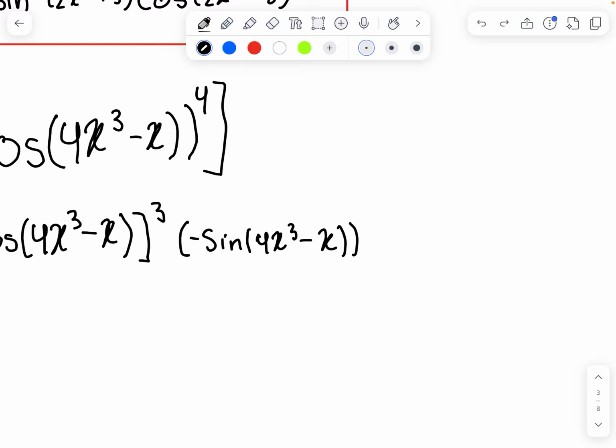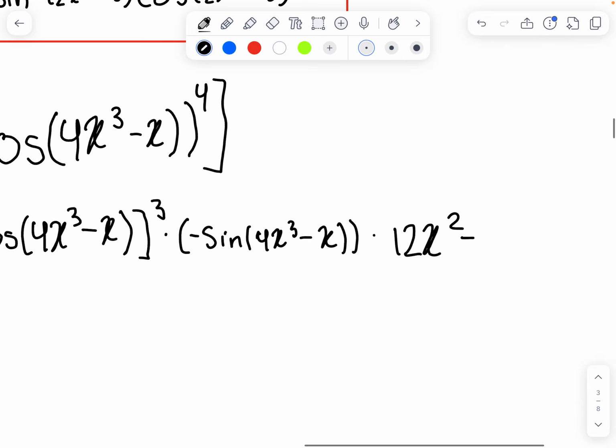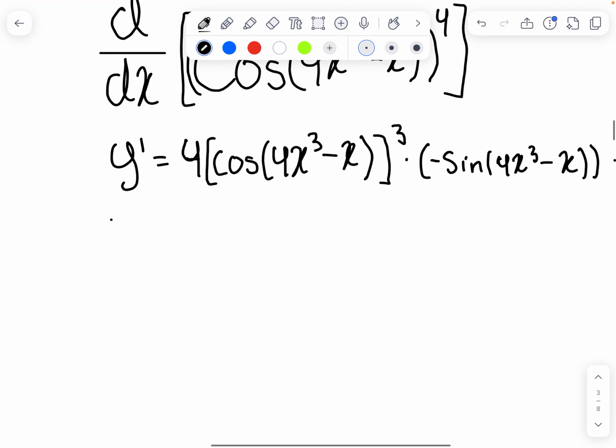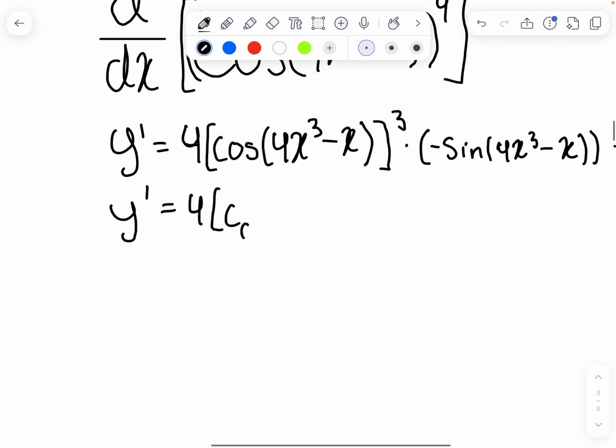So that'd be 12x squared minus 1. And I'll show how you simplify this. So this would turn to 4 times cos